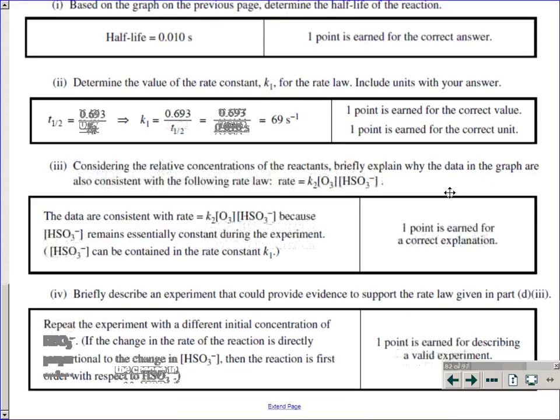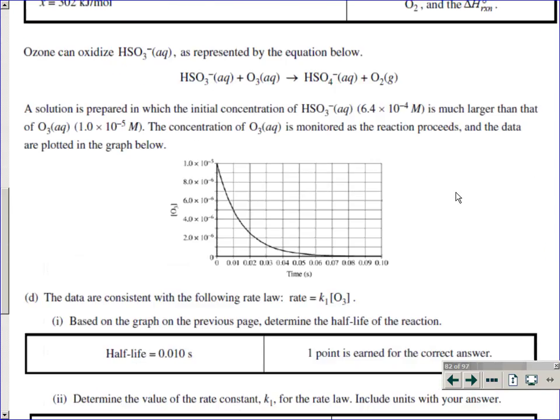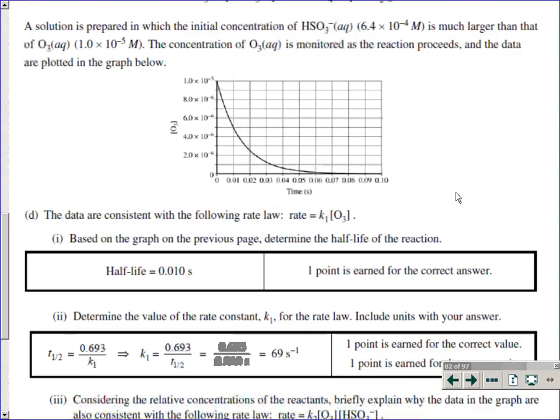Consider, okay, so first off, if it's first order, they love to do first order a lot because they give you the reference table, which has the first order half-life equation and the integrated rate law. So don't neglect to use your reference table, it's there for you, okay? And considering the data provided, they told you the k1, they told you rate is equal to k1 times the concentration